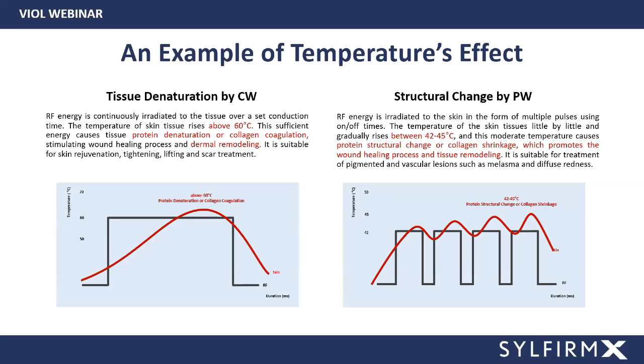An example of tissue temperature's effect: if you use continuous wave energy, you can raise the target tissue temperature above 60 degrees. When you do that, this leads to protein denaturation or collagen coagulation, and it basically starts a wound. And as that wound heals, the dermis remodels, and you'll get new collagen, which will tighten the skin. And you'll typically see textural changes in the skin, which is a nice benefit of continuous wave technology and that